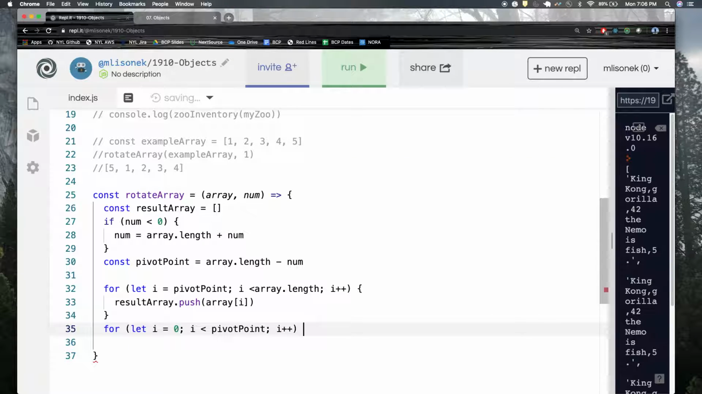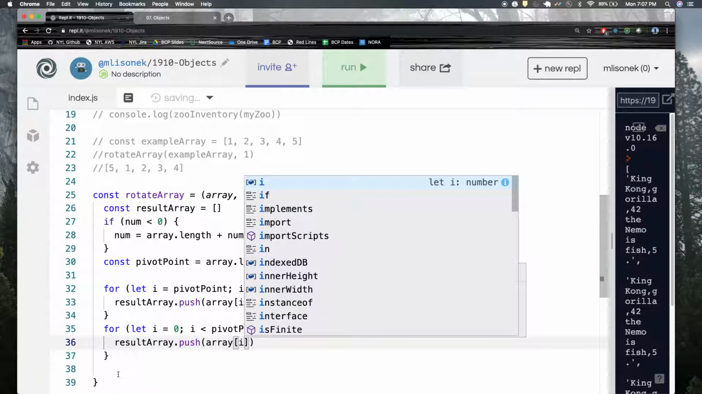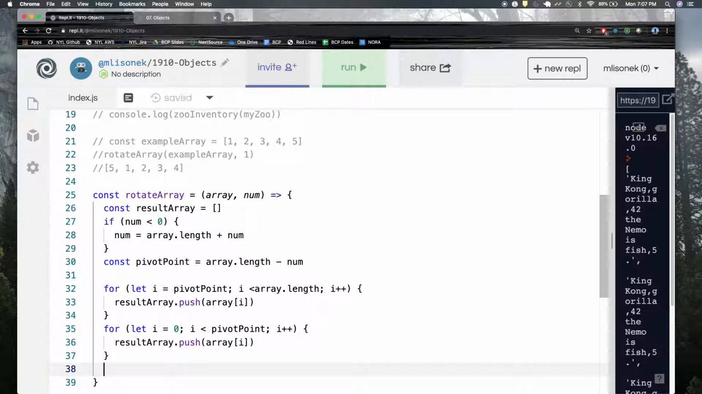I plus plus. Oh, Jesus. And then we do resultsArray.push(array[i]). So now we will start wherever the pivot point was, we got everything we needed, then we'll start at the beginning and go until we hit the pivot point and put that at the end, because push pushes things to the back of the array. So then I think we just need to return resultsArray, right? So we return